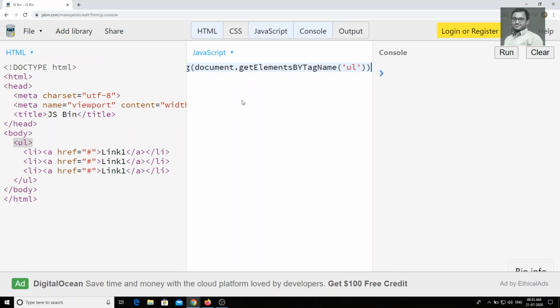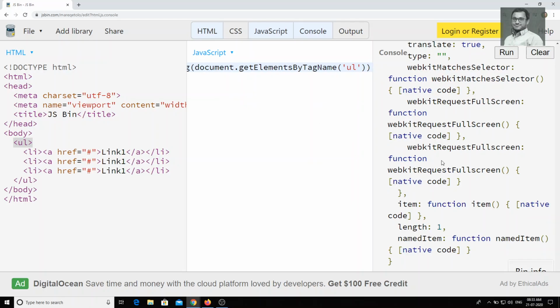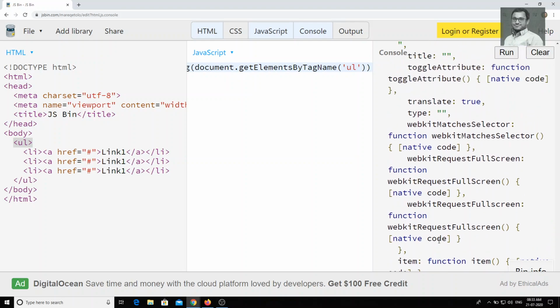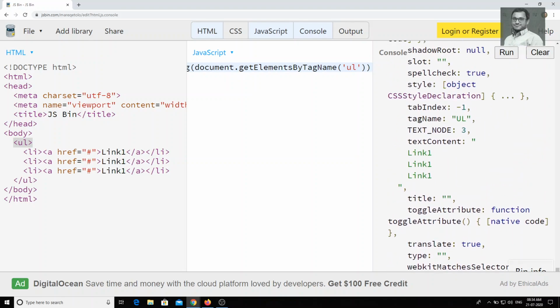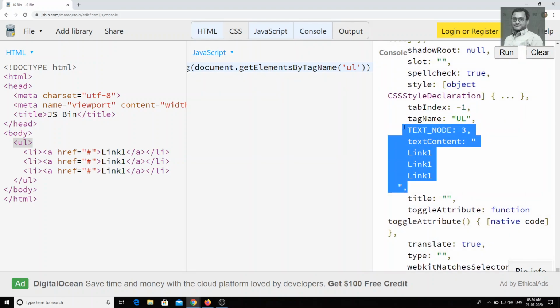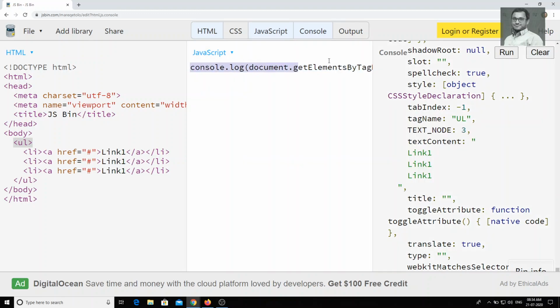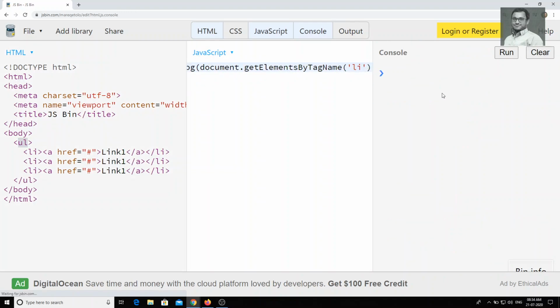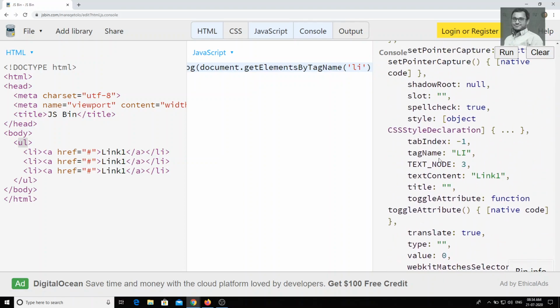So directly we can give the tag name, and we will check the output. We check the output here, and we will get the same output that we got before, the UL. That means whatever tag you need to get, you can directly write the tag name. So if you write Li here, you will get all the 3 Li's.